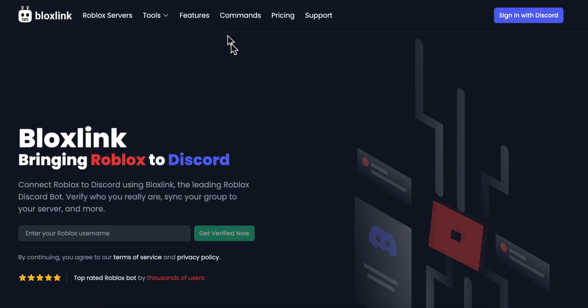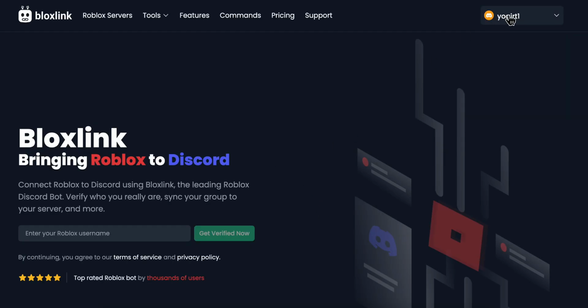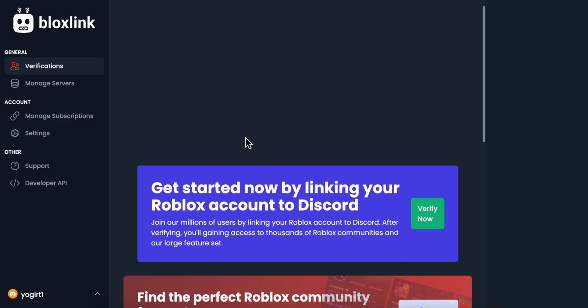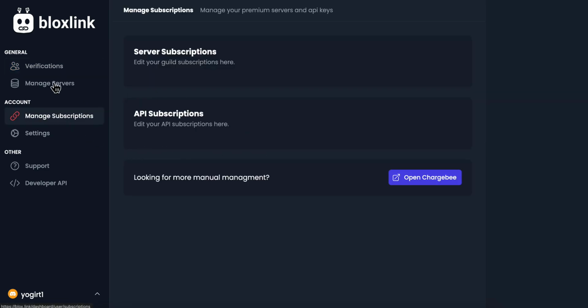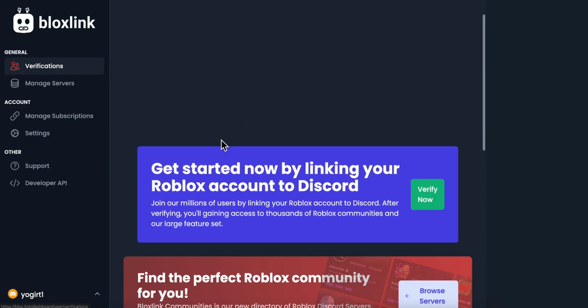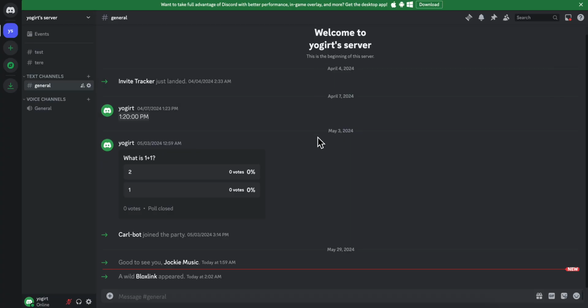Now if we go back here to their official website, you can simply click on sign in with Discord and then you're gonna have to simply click on authorize again. So basically this should, as you can see, give us the option to go to the dashboard, and here we can set up, as you can see, we can manage subscriptions, and here we can basically manage servers, we can do verifications and much more. So basically this is how you can add and set up a